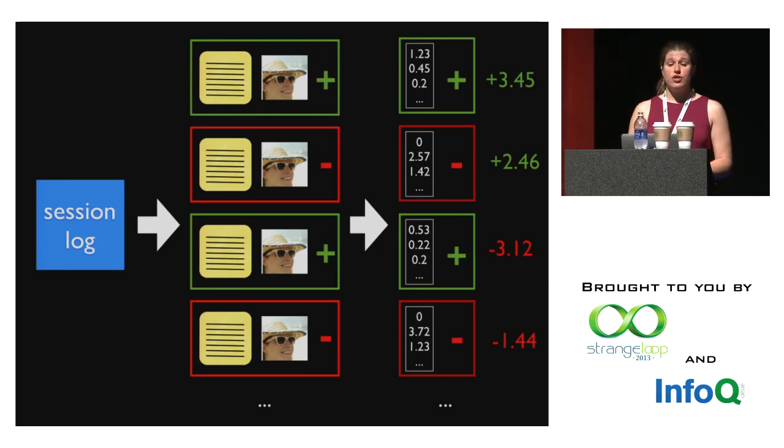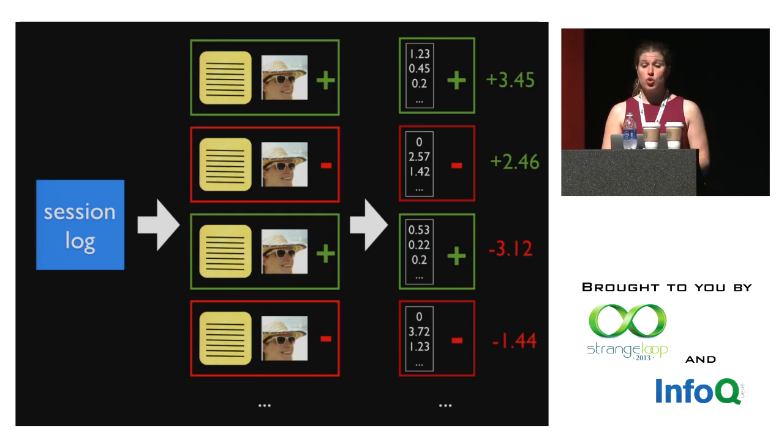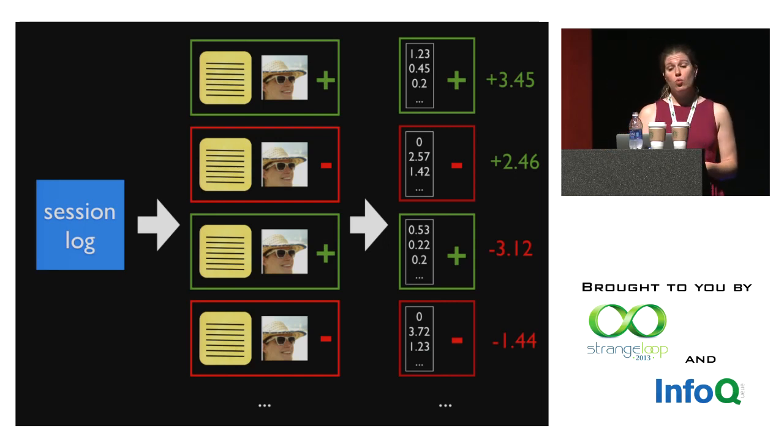You can see that for the first and the last data here, the scores line up properly with whether it's a positive or negative example, and that the two in the middle are mismatched. This means that for this particular set of weights, our ranker would think that the user is likely to enjoy the second article and dislike the third article, when in reality the opposite is true.